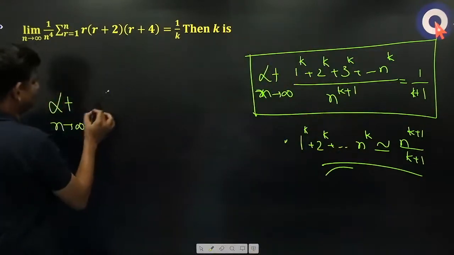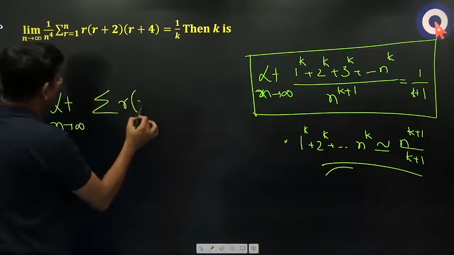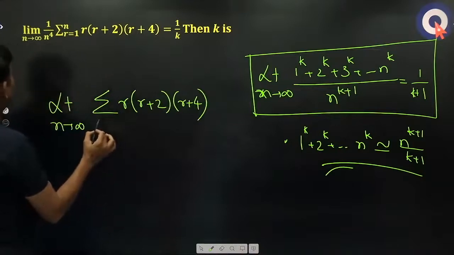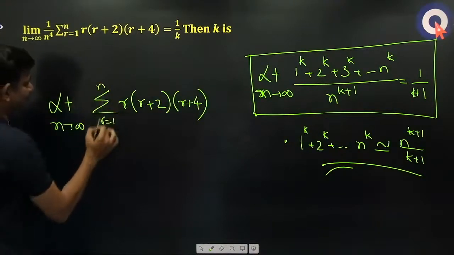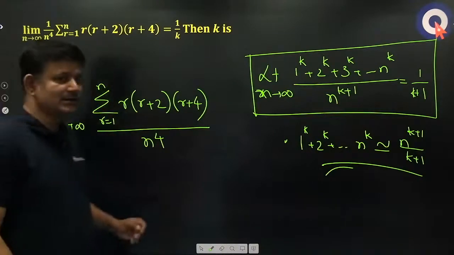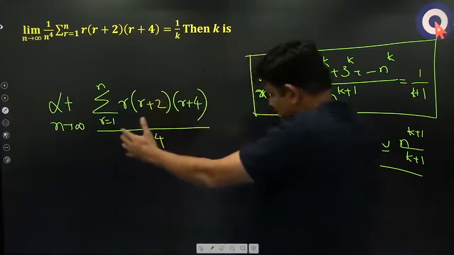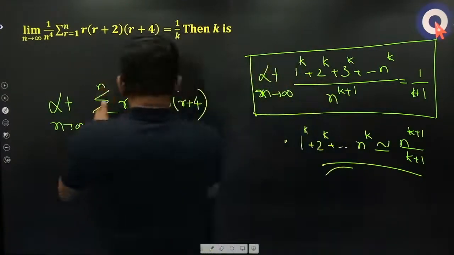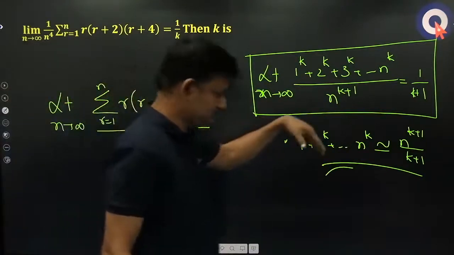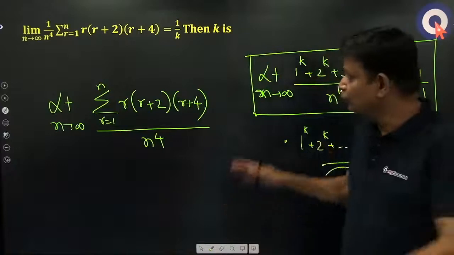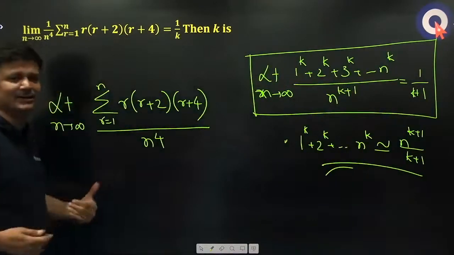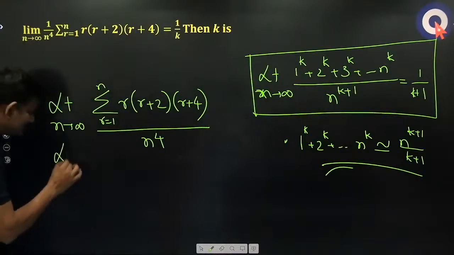Now look at this question. How am I using that here? R into R plus 2 into R plus 4, sigma R ranging from 1 to n, divided by n power 4. Okay. So one way of doing it is, first evaluate this product, do the summation. कितने terms आएंगे? R cube, R square, R, no constant term, R तक आएगा. So evaluate all the sums, do a lot of simplification and focus on the highest degree term, or otherwise